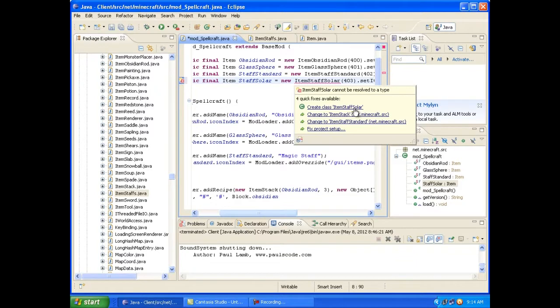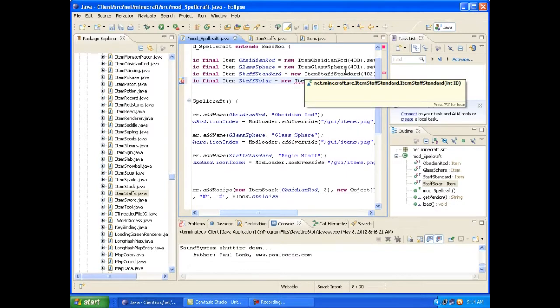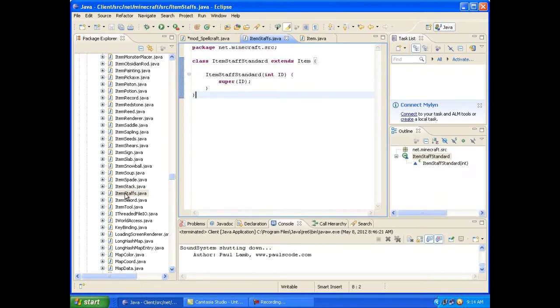But if we go on creating a new file for every item that we put in the game, we're going to have a lot of files really quick. So instead, what I've done is I created a file for my item staff standard right here, item staffs. If I open it, you can see that item staff standard's in there. Again, it doesn't do anything, just like the obsidian rod. But if I pop down a couple lines right here, I can go ahead and create another class